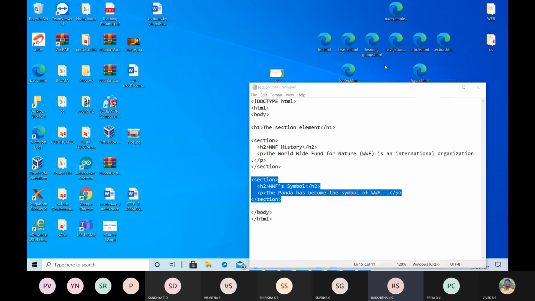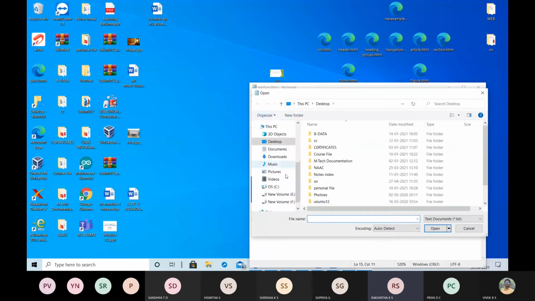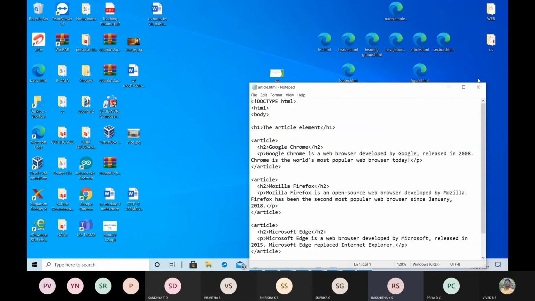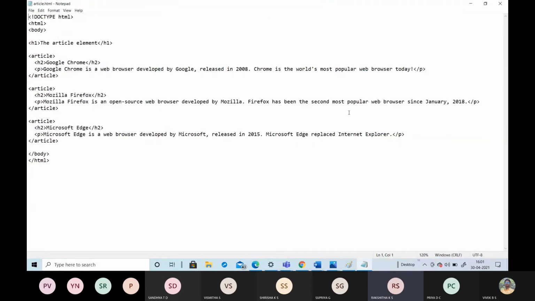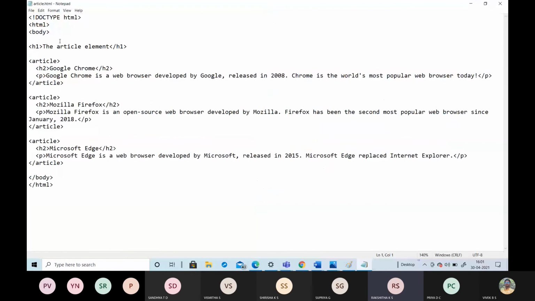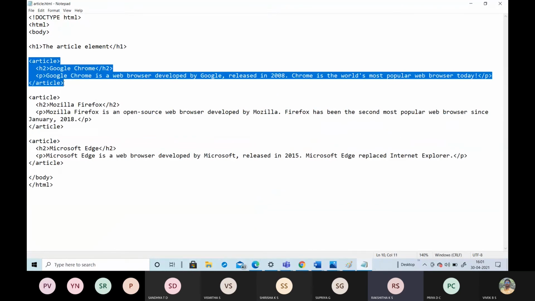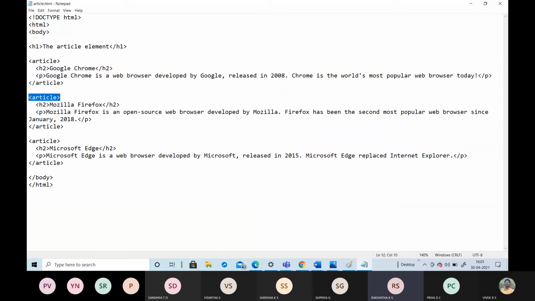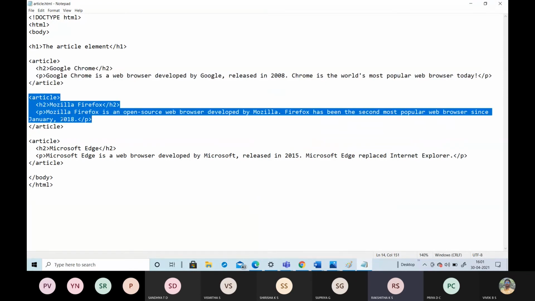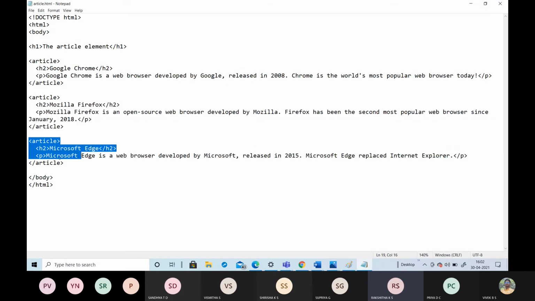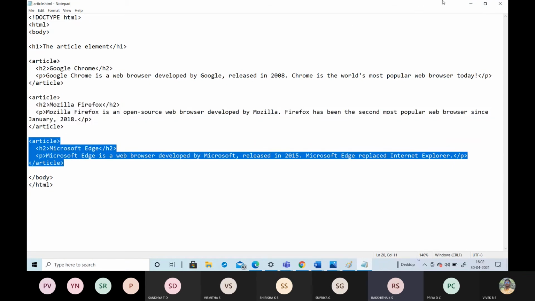Okay, next is the article. This is the program for the article. Here the first header shows the article element, followed by this one article, which has a header and a paragraph, and again one more article, and again a third article.